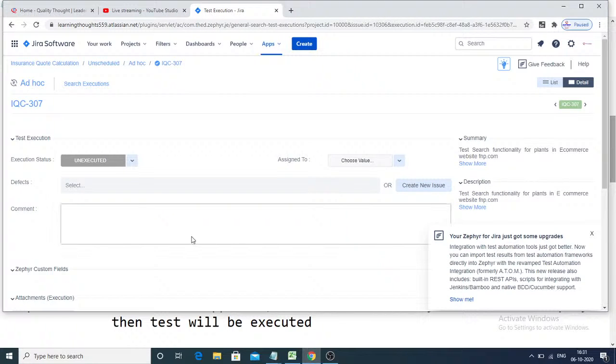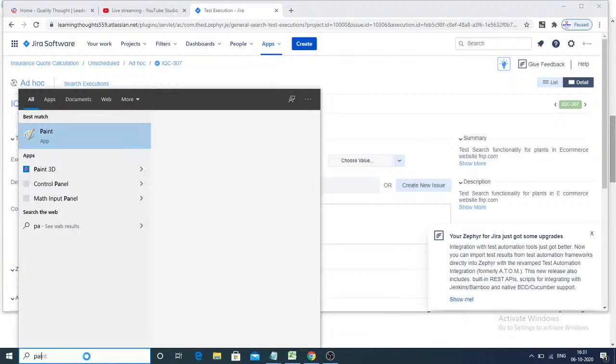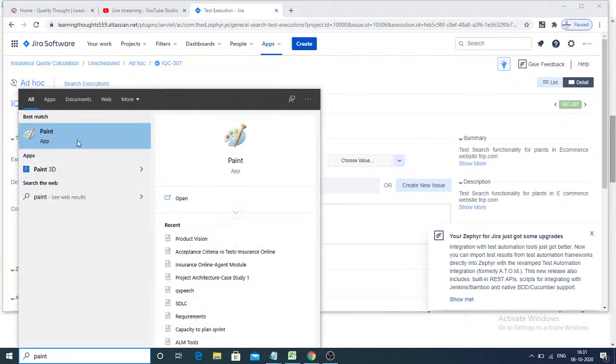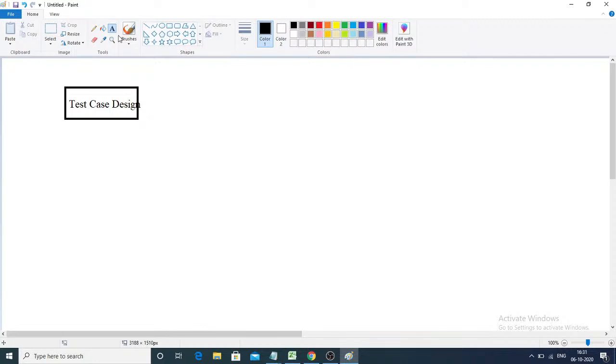Here I wanted to tell one concept: how execution generally happens in any real-time project. Either you use an Excel sheet or folders or any tool. For example, all your project test cases will be in the test case design folder. Let's say your test case design folder contains test case 1,